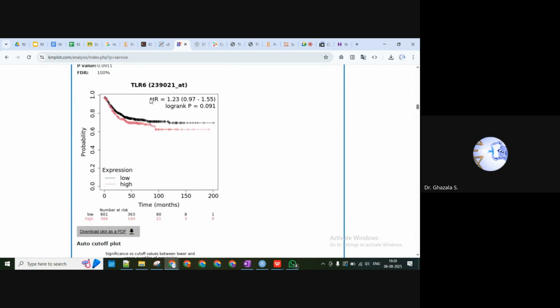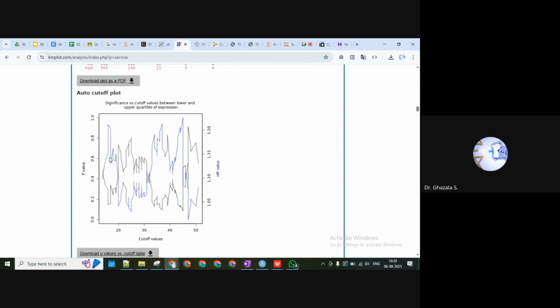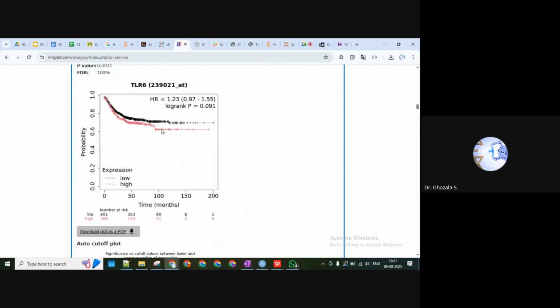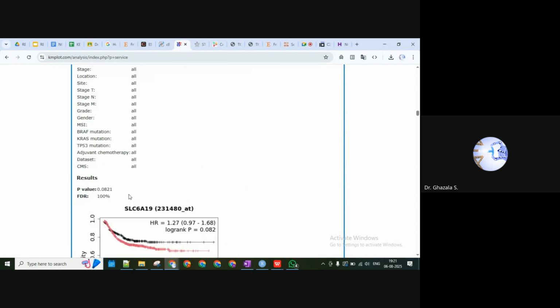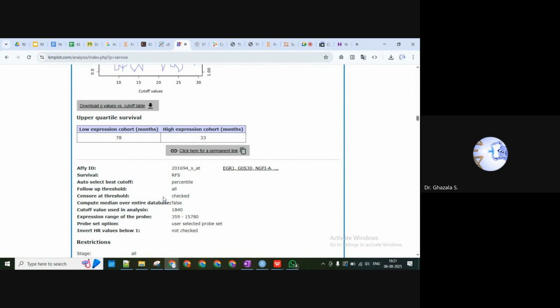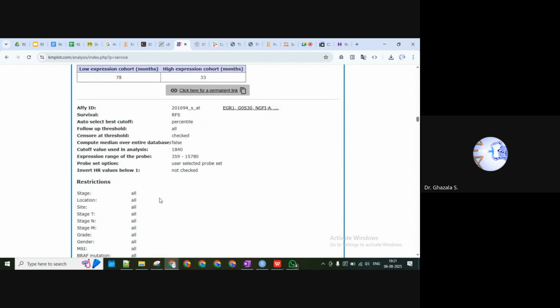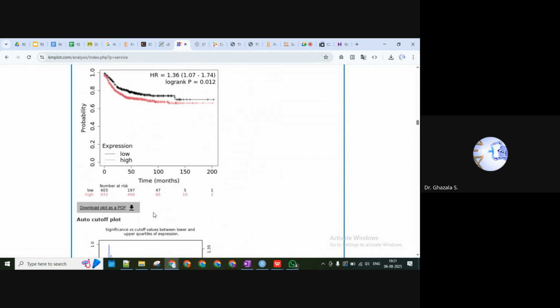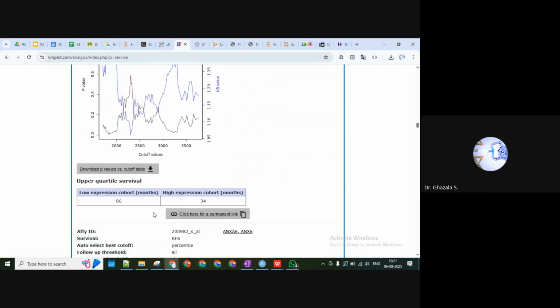Accordingly you can check each plot. This figure is not related, because this is hazard ratio and p value. This is just telling how your survival plot is being calculated or expressed here. So you can download all and check, so that you can filter out only those genes. Now you can understand we are narrowing down our results, so that we can focus on a small set of genes.